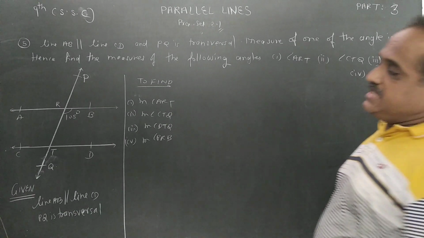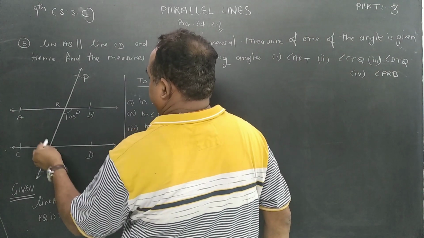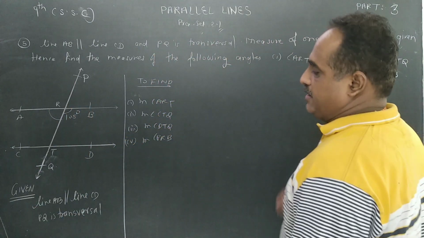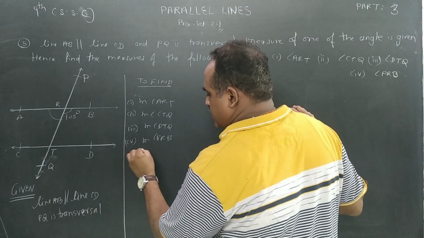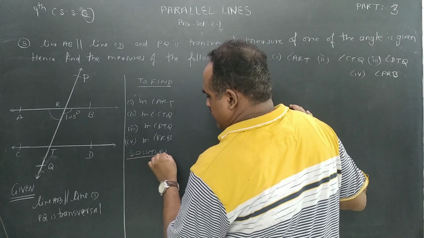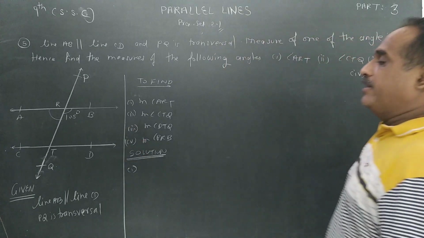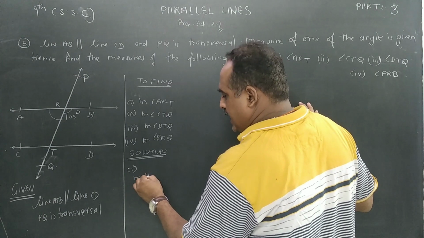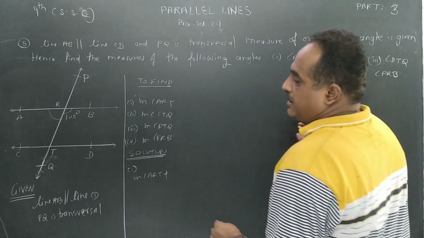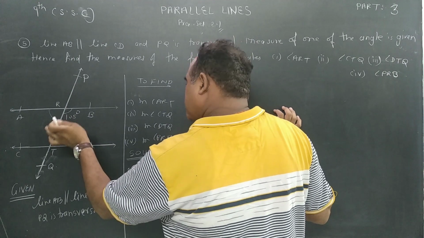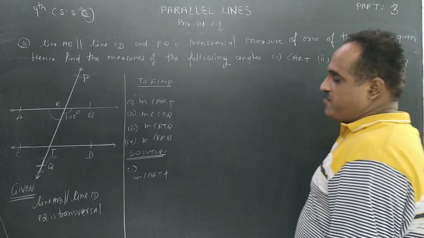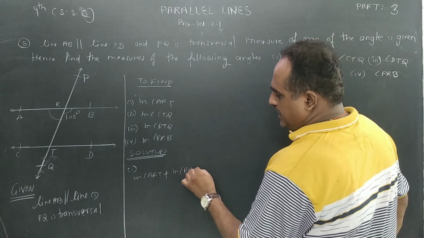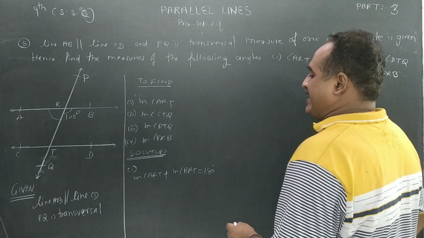Now ARD. Where is ARD? ART. So what is the relation between these two angles? They form a linear pair. So what are you going to do? We are going to start with the solution. Solution for the first. What is that? ART. So we are going to write measure of angle ART plus, now you know the name, right? So please write that. Don't write directly 105. So measure of angle BRT is equal to 180 degrees.